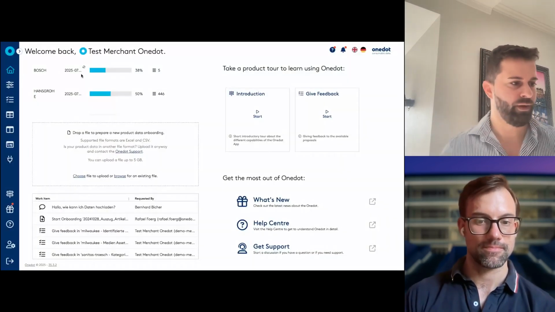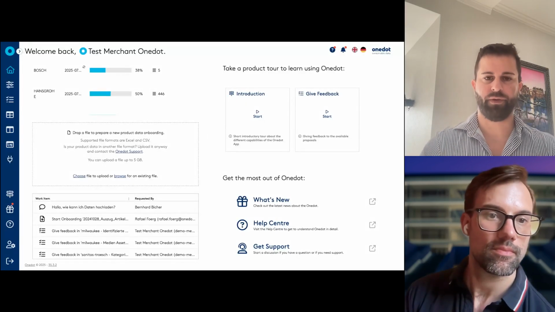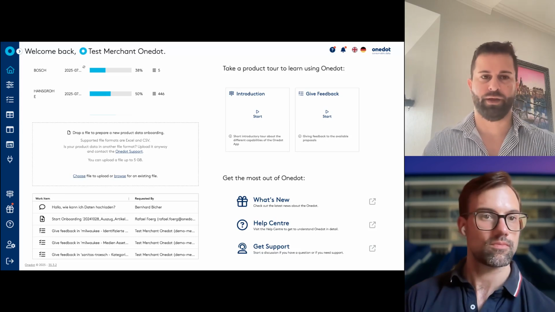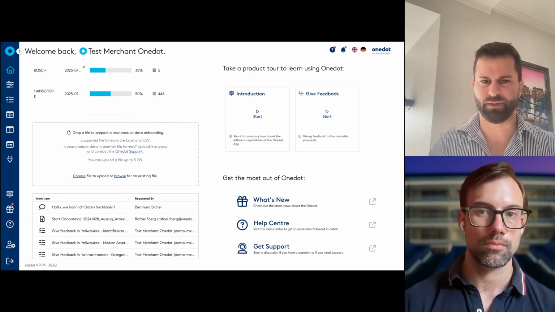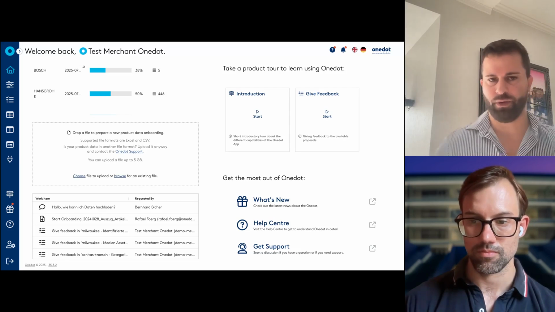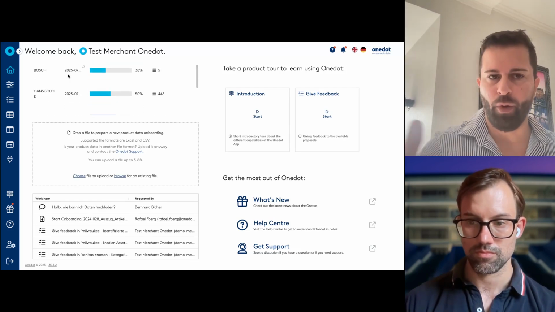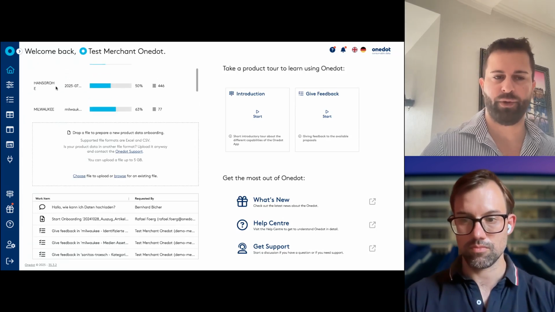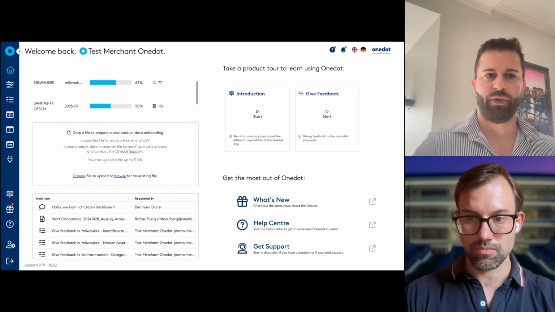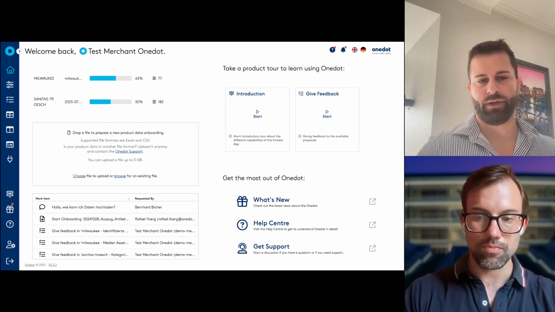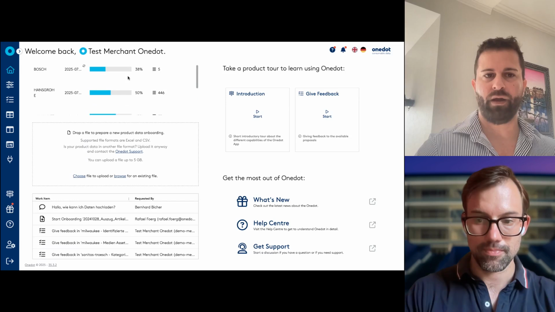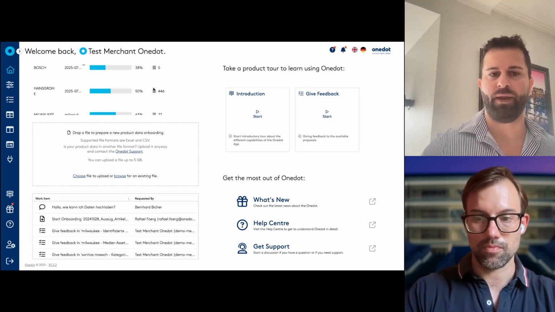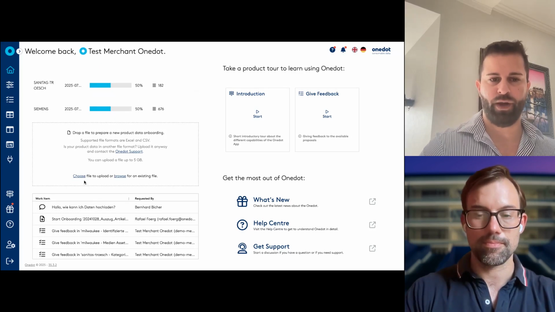All right, so now we are in the user interface of the One.dot platform, right? This is a live demo account, so we can adjust things here. It's basically the new cockpit. The first thing a retailer or a supplier sees is the active onboardings with the different suppliers. For example, Bosch, Hansgrohe, Milwaukee, we have different catalogs and different sizes of catalogs. And you see here in percent where the onboarding stage currently is and how many products are onboarded or updated.